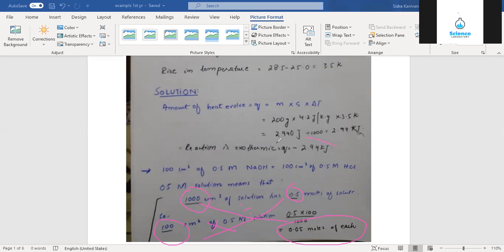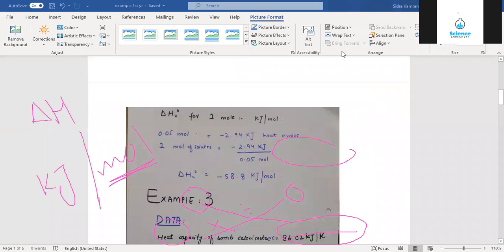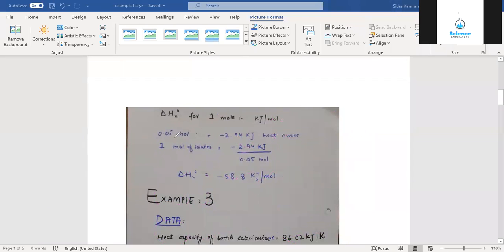That's why the heat value is per 0.05 moles, not for 1 mole. We have to calculate the enthalpy for 1 mole because the change in enthalpy has the unit kilojoules per mole. This is not per mole; this is for 0.05 moles of each. So let's calculate for 1 mole. Here you can see 0.05 moles evolve heat, that is minus 2.94 kilojoules. If there is 1 mole of solute, then